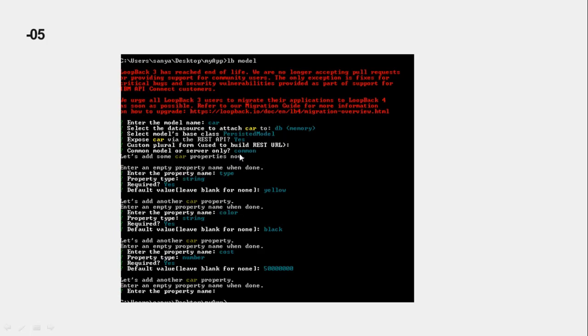After getting that model, we have to define the property details. The first property is name, that is the type, and then next we have to type the property value, that is string. For me, I am using string for the type of the first property of my model. For the required option we just press y. After that you can type any default value for the cost of your model and the color of your model. So that's all about the properties of your model.